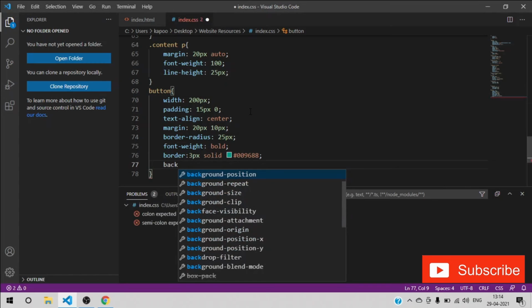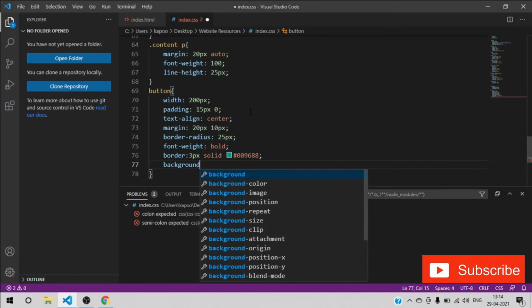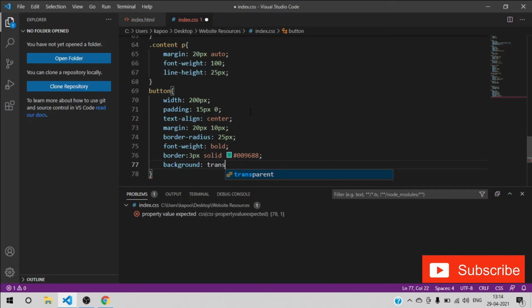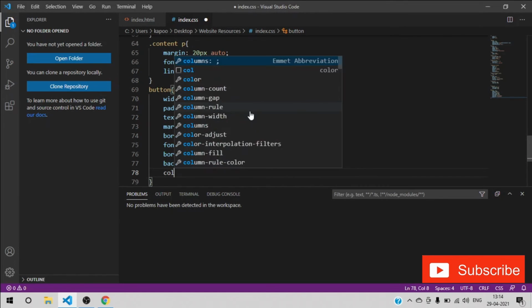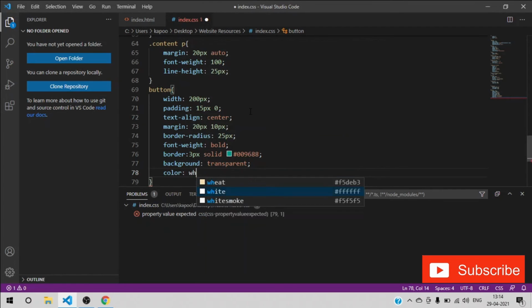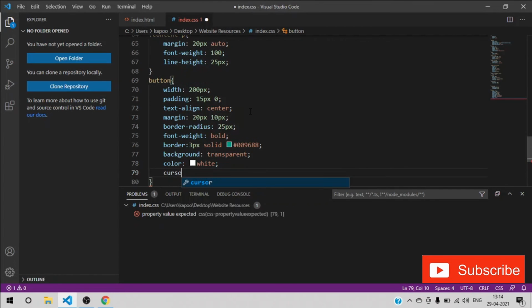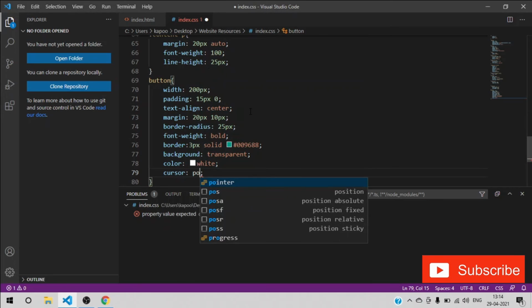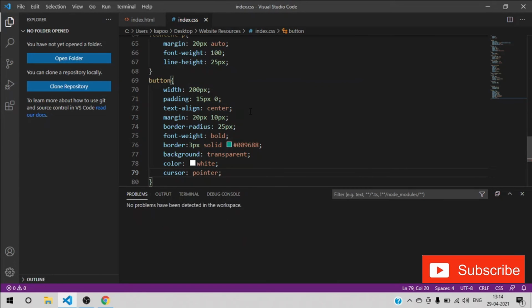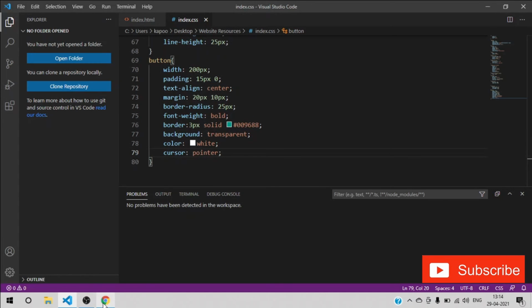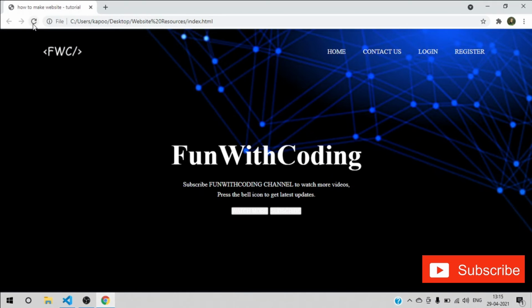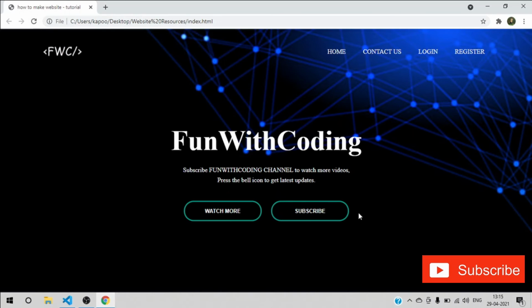Just next what we can have is background to transparent, and then give the color as white, and then the cursor as pointer. Okay, so just save it and refresh. We can have two good looking buttons on our web page.